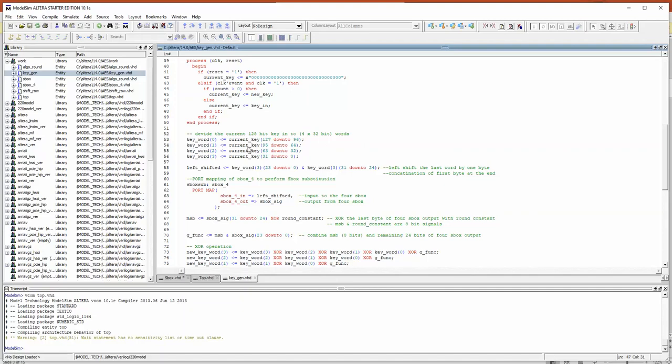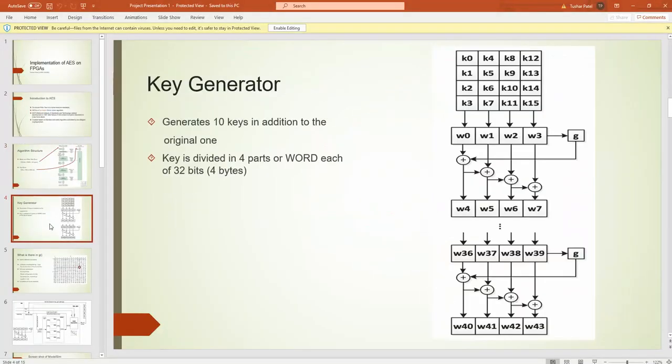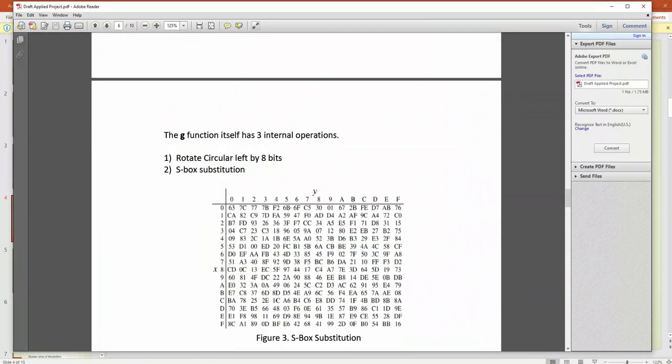Then I have divided the current key into 4 parts, 4 words, word 0, 1, 2 and 3. So each word would have 32 bits. Then as per the algorithm, we can see here